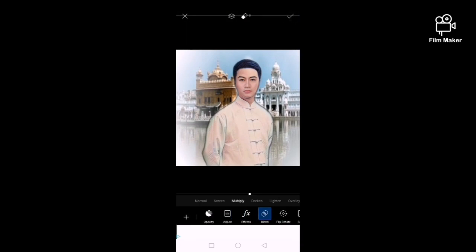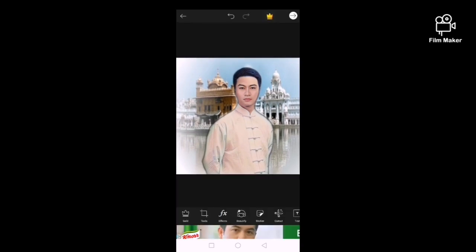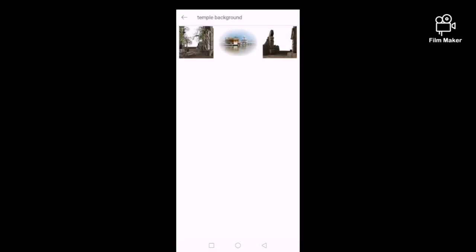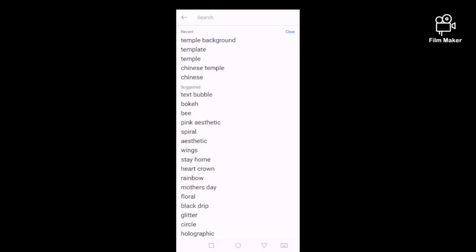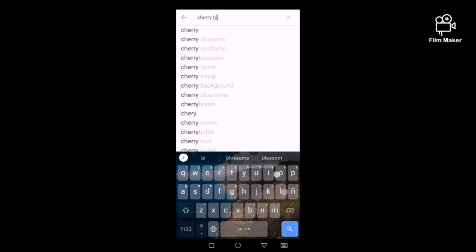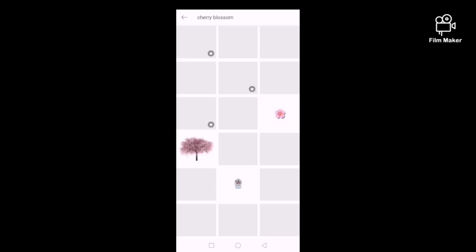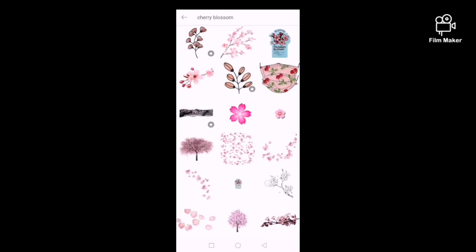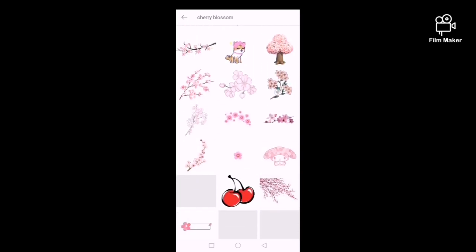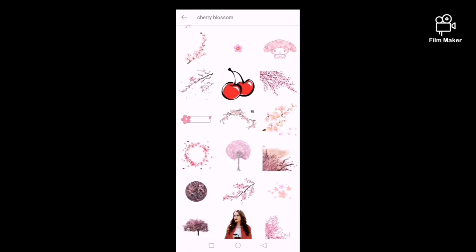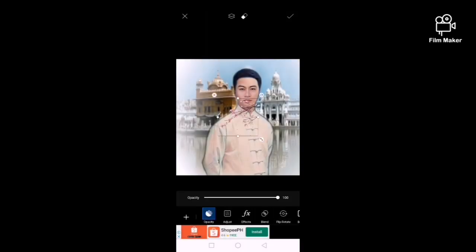So there you go. After that, we have to add some effects. Let's click sticker once again and then search. I've decided to search for another Asian theme sticker. So let's have cherry blossom. Let's add some Japanese effect to our picture. Because our theme is Asian, we have Indian, Chinese, and Japanese themes. So let's choose a more natural kind of cherry blossom that will serve as our frame,